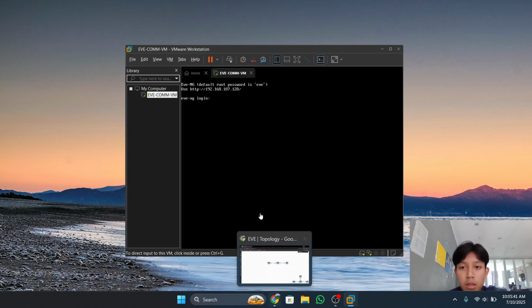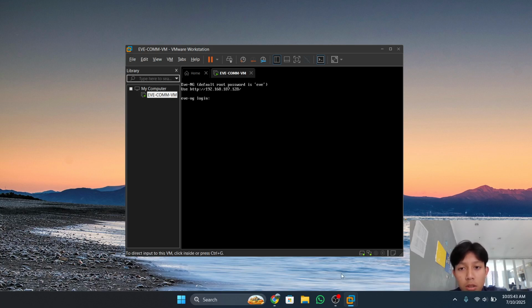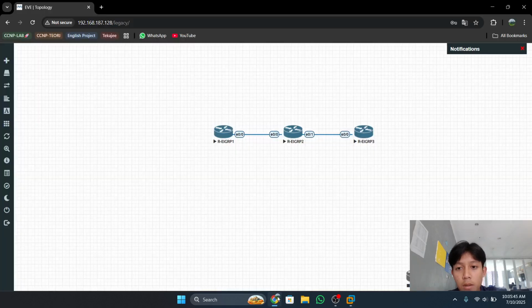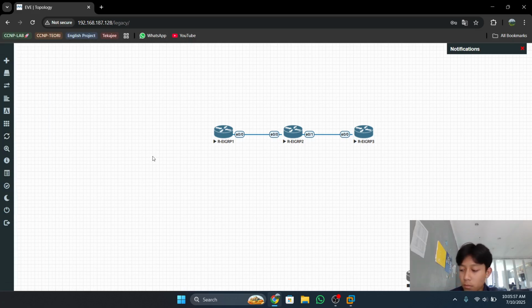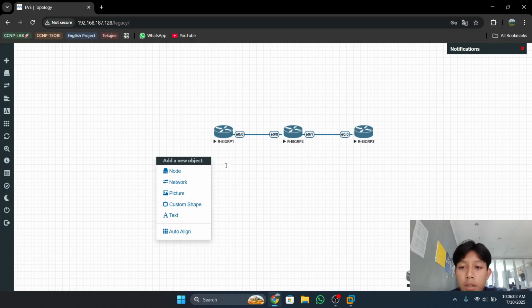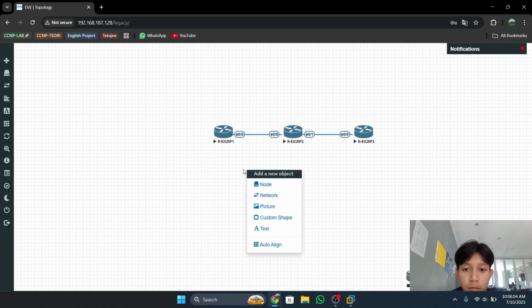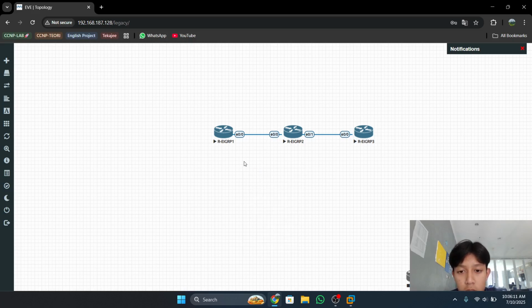For example, my IP is 192.168.187.128. After you log in and enter the lab, you can add the three routers. If you haven't added the IOS image of the router, you can add it first.